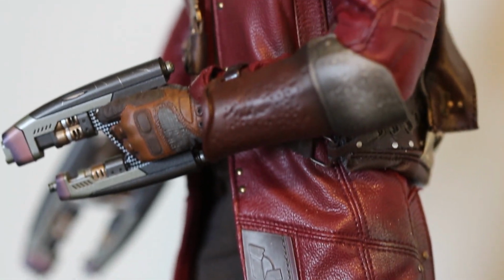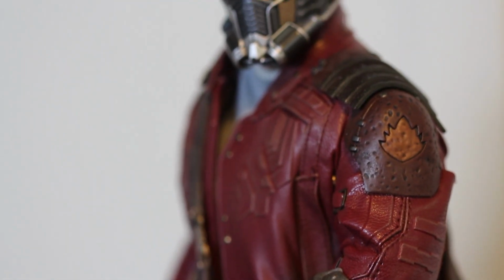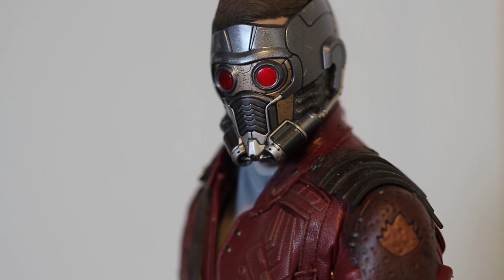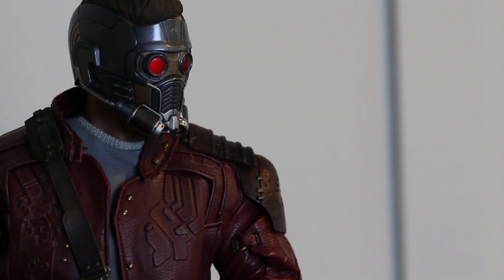One of the many great things about this guy is that he sports nearly perfectly tailored, highly detailed clothing. Clothing that, I might add, does very little to restrict the great articulation hidden beneath. There's that spot-on Chris Pratt portrait with his vaguely smarmy smirk painted up beautifully and masterfully sculpted. You get an awesome secondary helmeted head that has red LED eyes and a lot of fun accessories like his